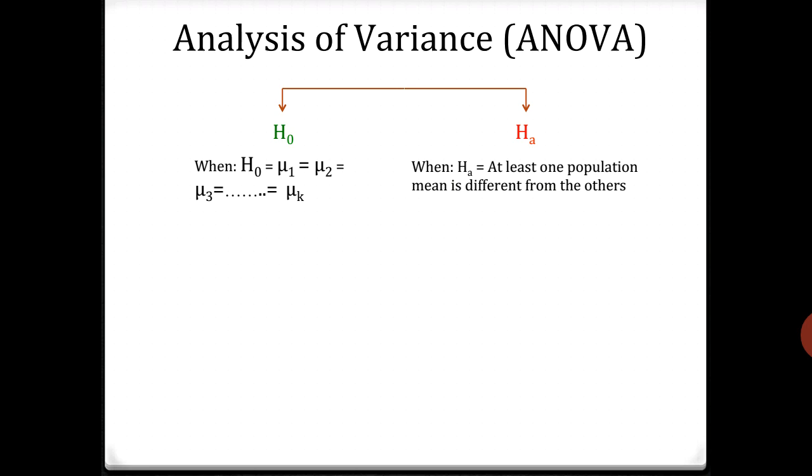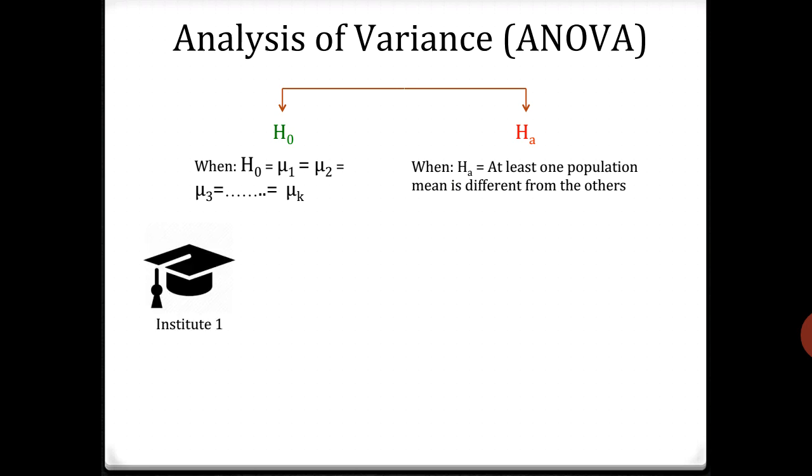Here H0 is mu1 equals mu2 equals mu3 and so on up to mu k, for the k populations, and HA is going to be considered only if at least one population mean is different from the